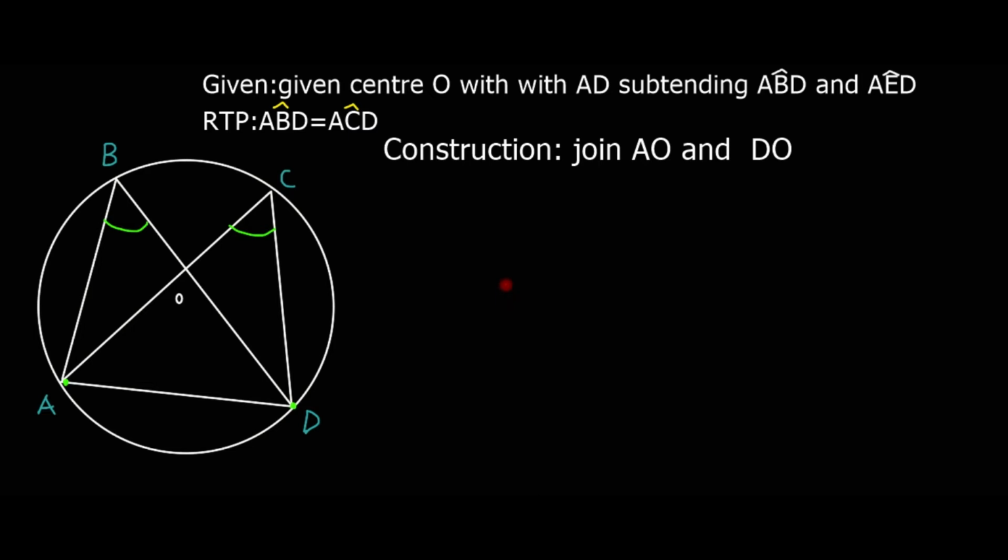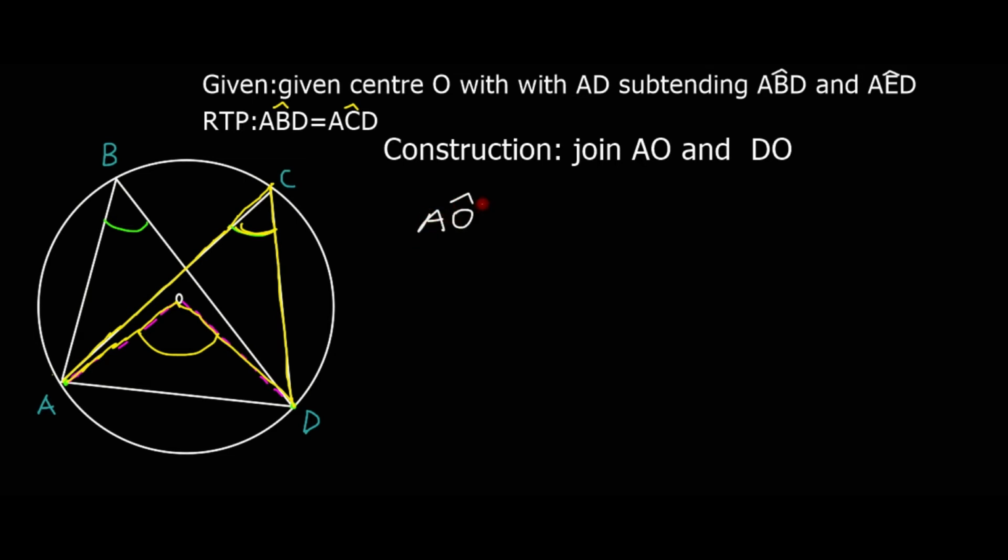So the first thing we do is construction: we join AO and DO. So we construct this line from the center, which will be AO, and then we construct DO. And now because we constructed these lines, we will use that theorem. Now notice something: this chord AD subtends this angle at the center, and this same chord subtends this angle at the circumference. It means this angle is 2 times this one. So based on that second theorem,